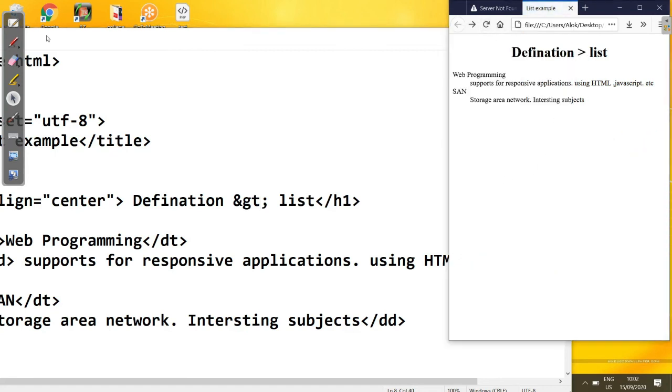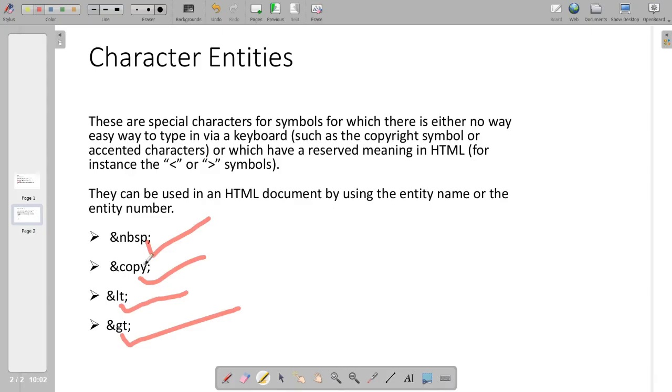So in this way you can use NBSP, COPY, LT and GT. I think in this video you got the idea regarding the lists, and also the character entities. Thanks for your patience. Thank you.